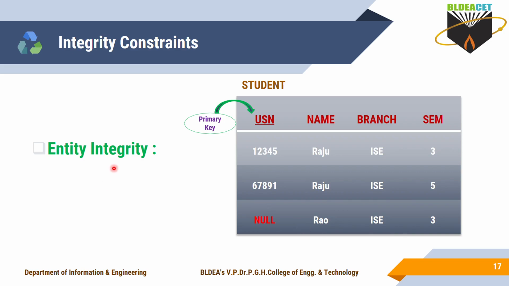So that is what we call the entity integrity constraint. What does it tell? The entity integrity constraint specifies that the primary key should not be null. It emphasizes that the primary key should not be null here. If it is null, then it is not possible to differentiate the students. Okay, that is what we call entity integrity. What does entity integrity emphasize? The primary key should not be null.